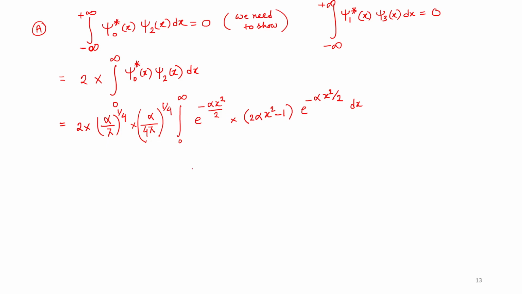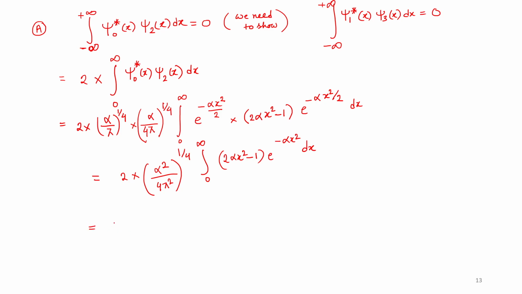So 2 into alpha square by 4 pi square, 0 to infinity, 2 alpha x square minus 1, e to the power minus alpha x square dx,